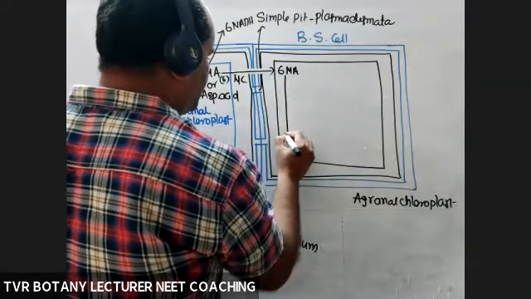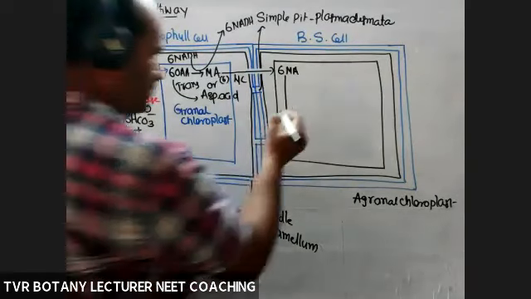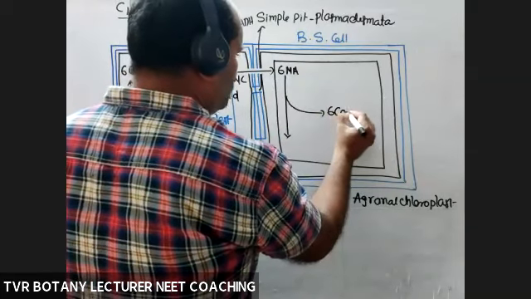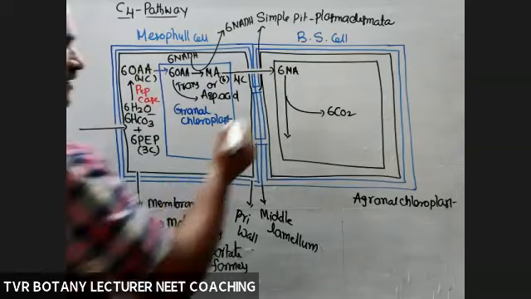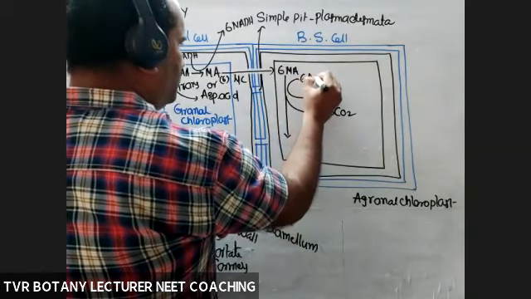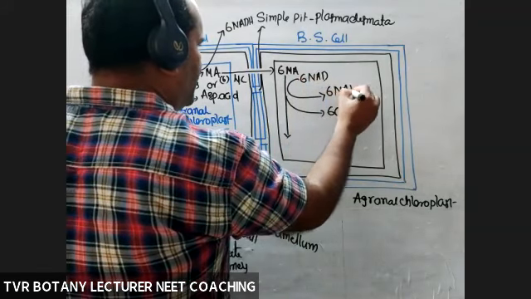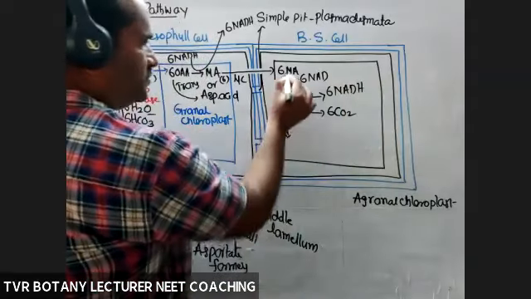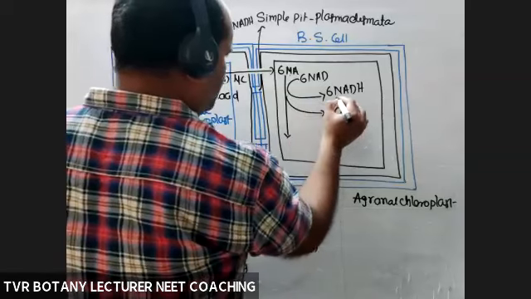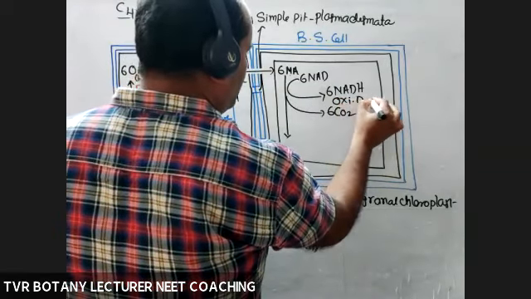Malic enzyme means that is concerned with decarboxylation and oxidation. So first decarboxylation, 6 CO2. Okay, now oxidation. Because of oxidation, 6 molecules of NAD reduced into 6 molecules of NADH. So oxidation of malic acid. So this is an oxidative decarboxylation.